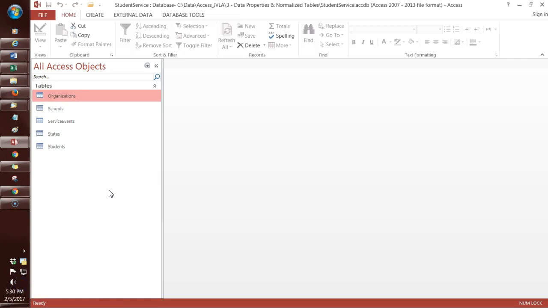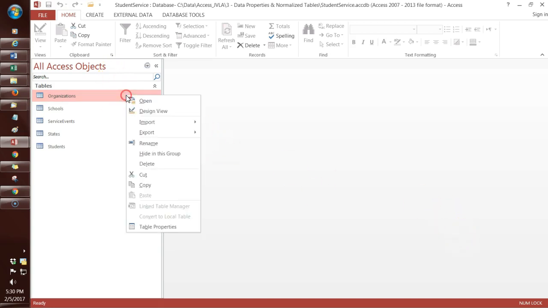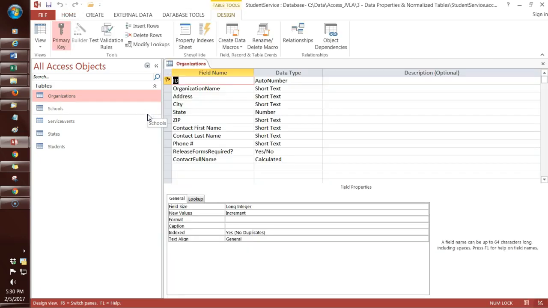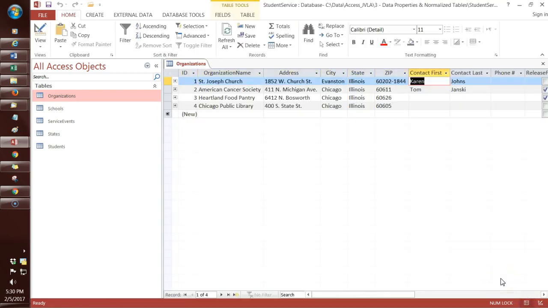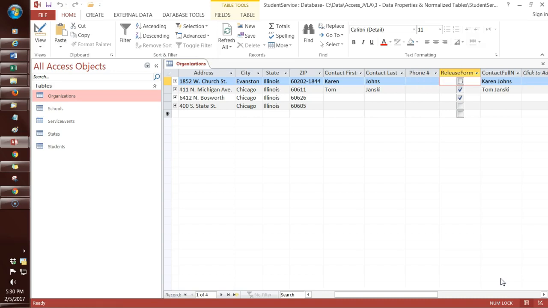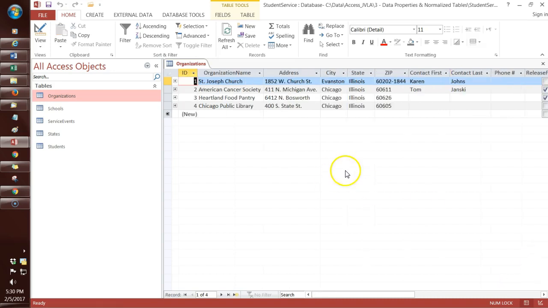I want to talk about just a couple more things with field properties, and one is in relation to the yes/no data type that we discussed earlier. If you'll recall, that was on the organizations table where we set that up. So I'm going to go to the organizations table, and I'm going to go to Design View, and you'll see there, this is our yes/no field that we set up. It was set up for release forms. If I look at the data view and scroll over, you'll see it's in there for release forms. And if I go back to design,